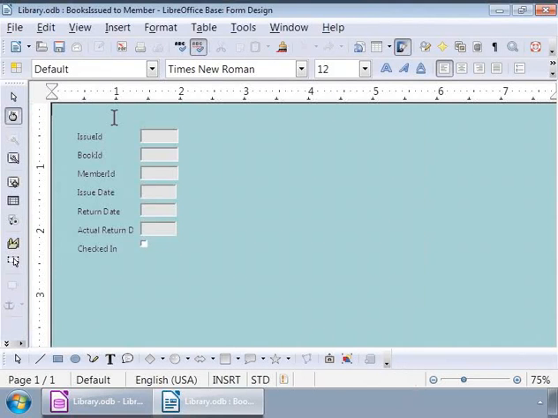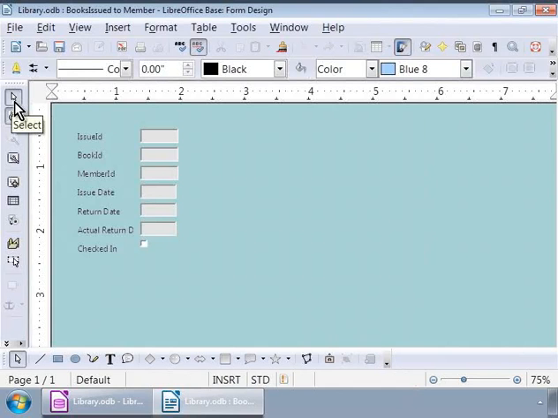In this toolbar, let us click once on the mouse pointer icon, which is the first and the leftmost icon. We will call this the Select icon from now on. This is used for selecting form elements by clicking and dragging.